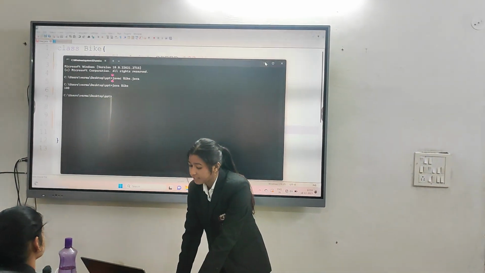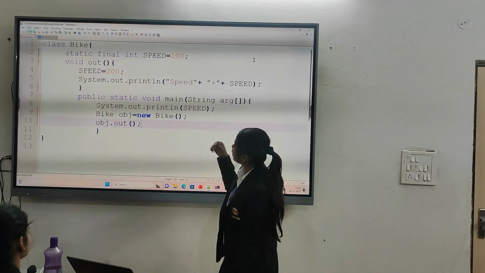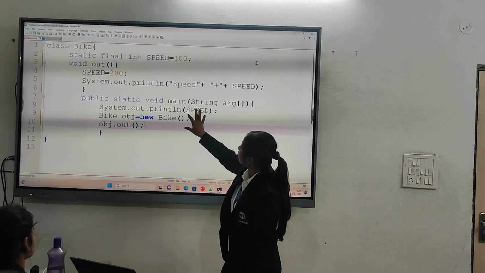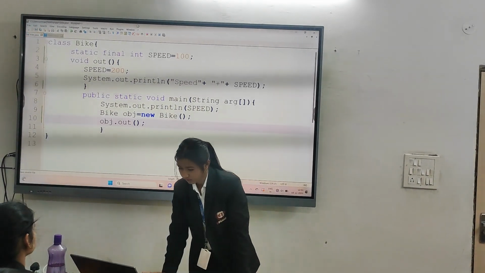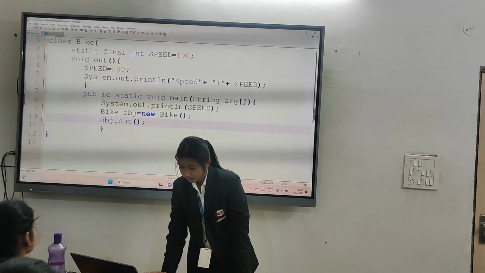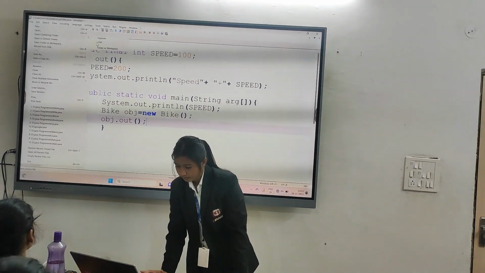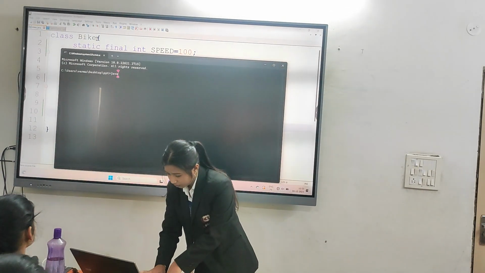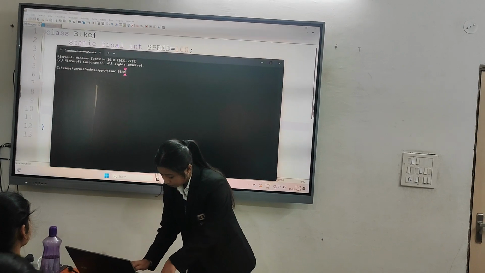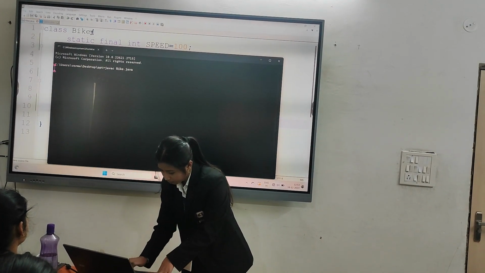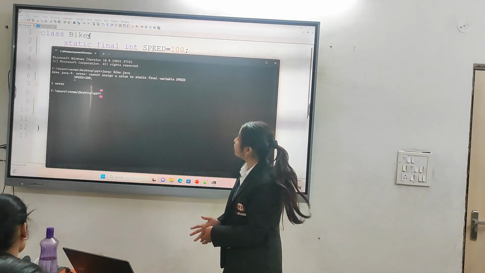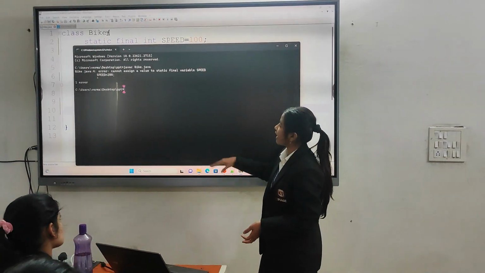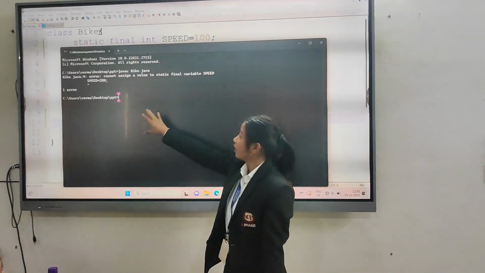This program is done successfully because I make the object of that class. Here it gives an error because I reassign the value, that is 200.